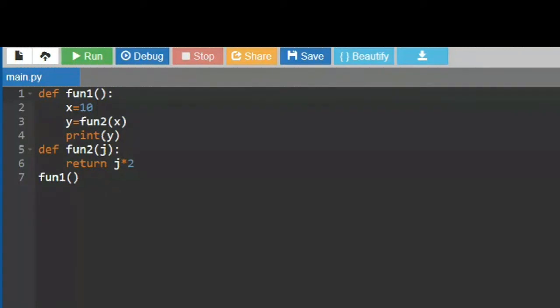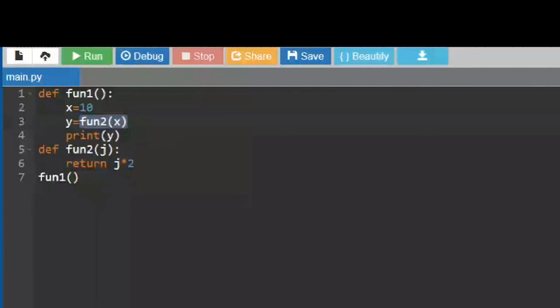And then I said y is equal to fun2(x). What I did here is make a call to fun2. And I have assigned the result to y because this function is returning something to me. To get it, I am saying y is equal to fun2(x). If you simply say fun2(x), function 2 will execute. It will not give you an error, but you will not be able to get the resultant. I already showed you this in the previous executions. So since fun2 is returning something, I need to catch it in a variable y.